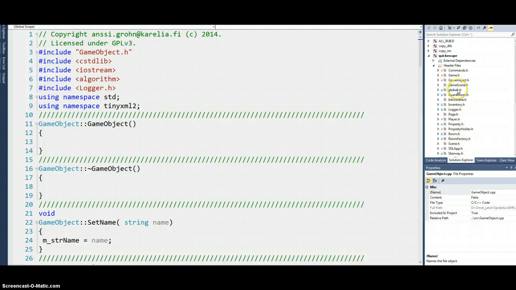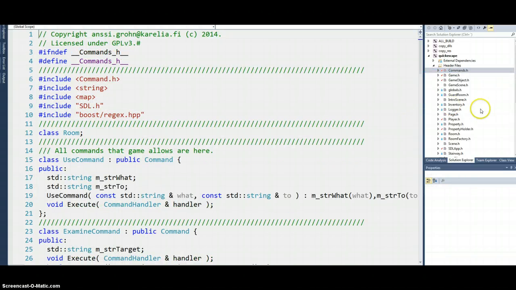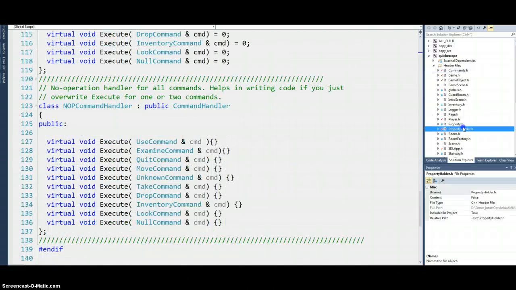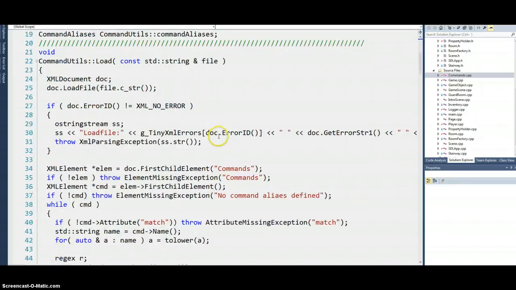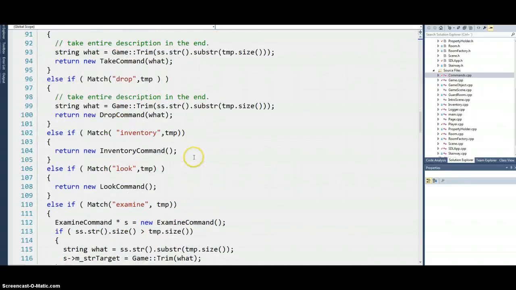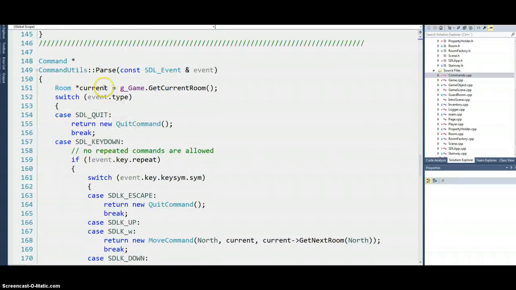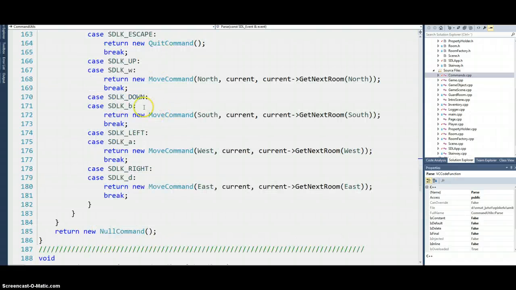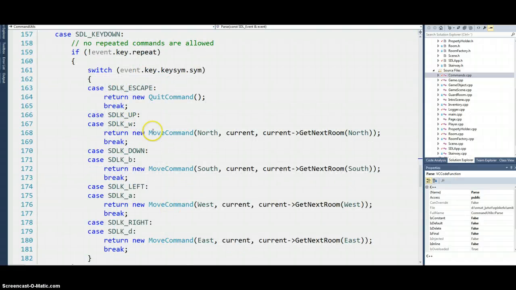So I removed those and used these commands. Oh, this header file. Commands, where are you? Or this parse function, which gets the event when it's called, so this is the earlier stuff. Now my solution is the same as the teacher's solution. It uses these commands for moving the player and quitting the game and so on.